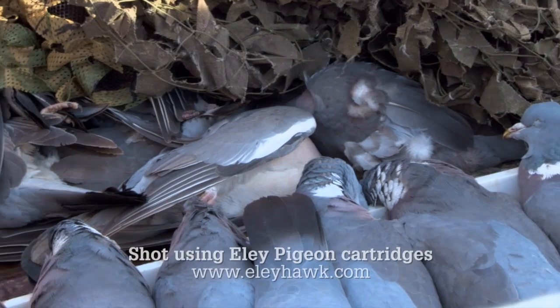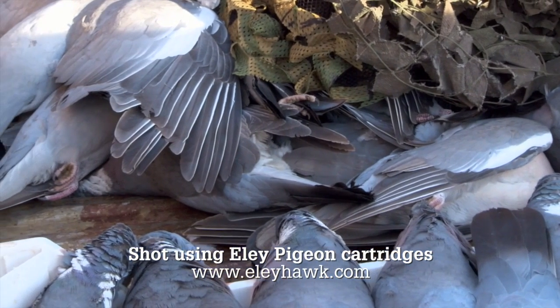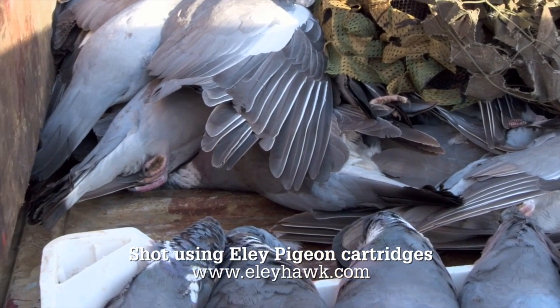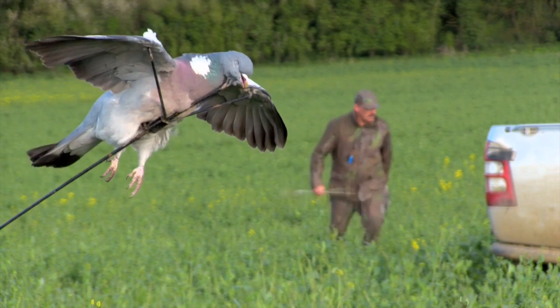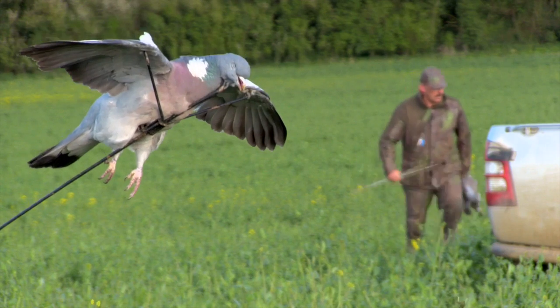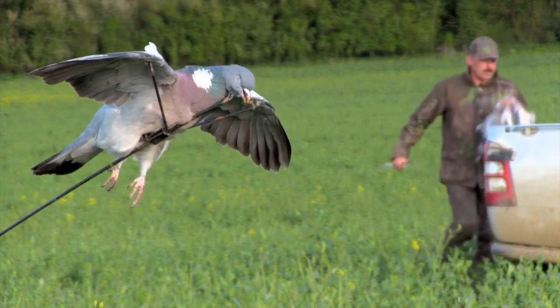Right, that's it for another day. We've just packed up. We've picked up 56. There's one or two that I can't go and look for, but we've picked 56 up. It's been a challenging day. With the location of the field, the only possibility of coming on here was to do what we've done, which was to try and build a hide in the middle of the field, which has worked, but